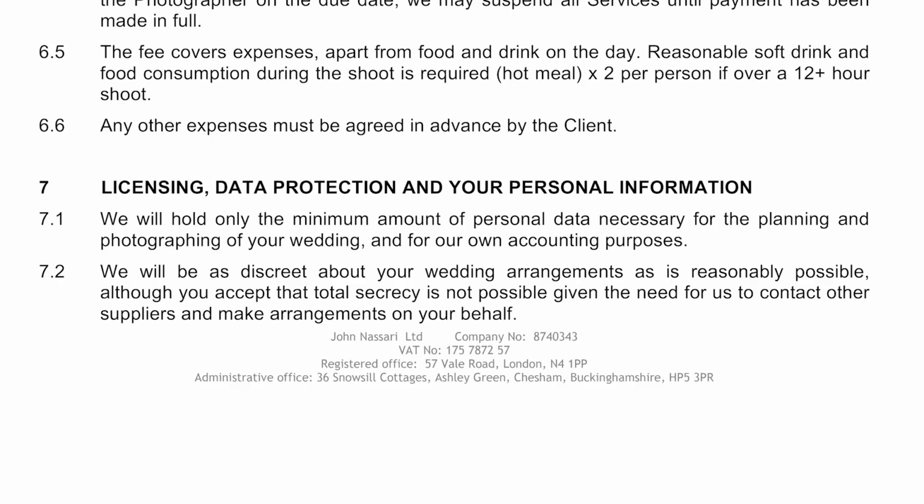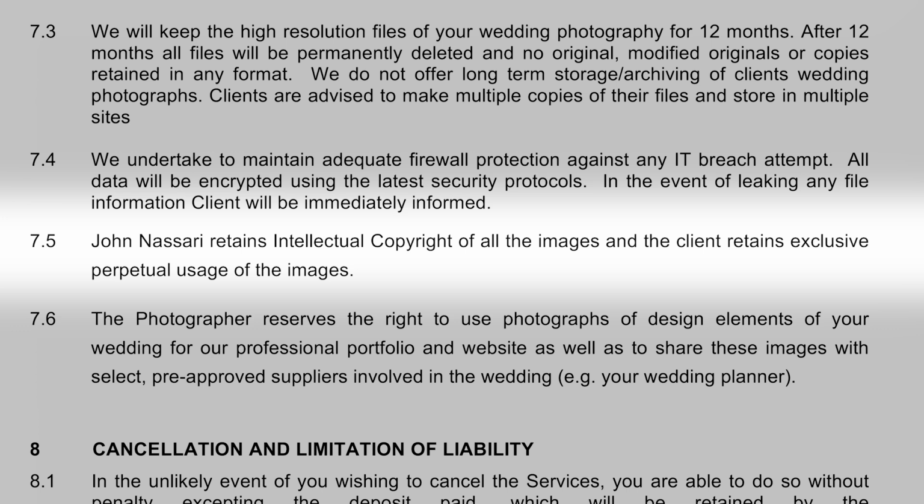So within the first section of your point 3, copyright, you want to say at all times, globally, you retain copyright. Then there might be a second point, like a sub-point of number 3. So it might be, let's call it 3.1. So on 3.1, you then define what is the terms of your usage. This is really up to you. What kind of license do you want to give your couples?